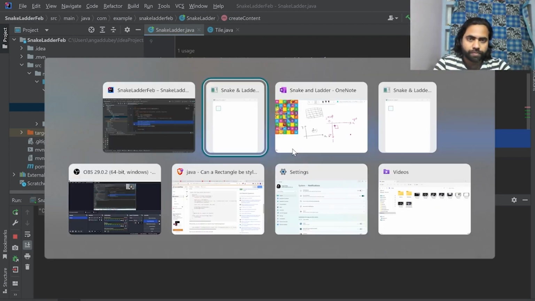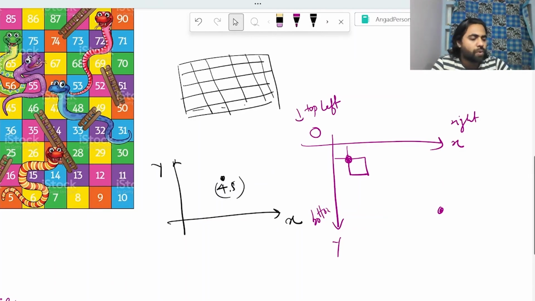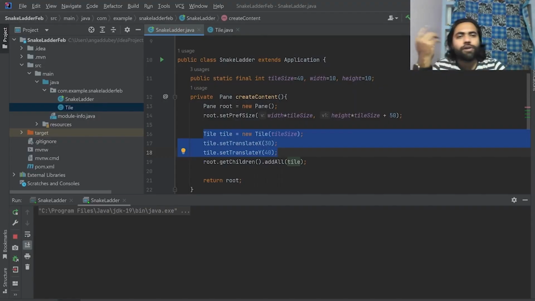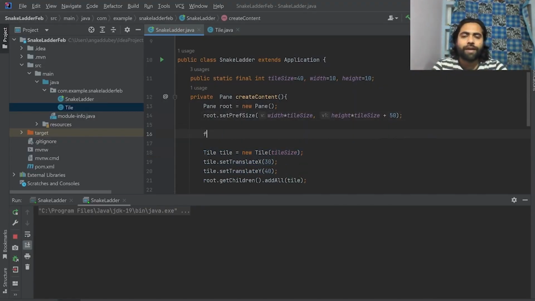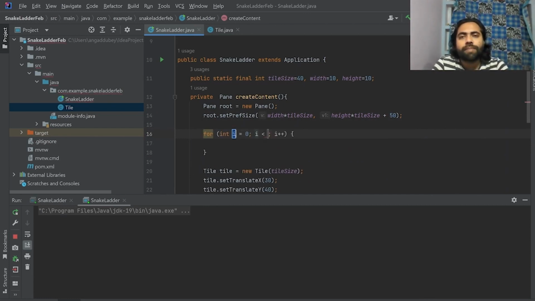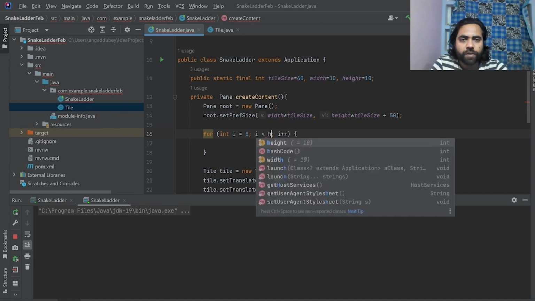So let's see how we can do it. The first tile which we create, let's say we start putting, so this will be the first, and then we can move and place the second, then third, then fourth, and then 10 here, then again 11, 12, like this. So let's go ahead and write some loop, obviously DSA logic. I don't know how many of you know this shortcut: if you write for i and press tab in IntelliJ, you'll get a construct like this. So maybe I'll do it with height,